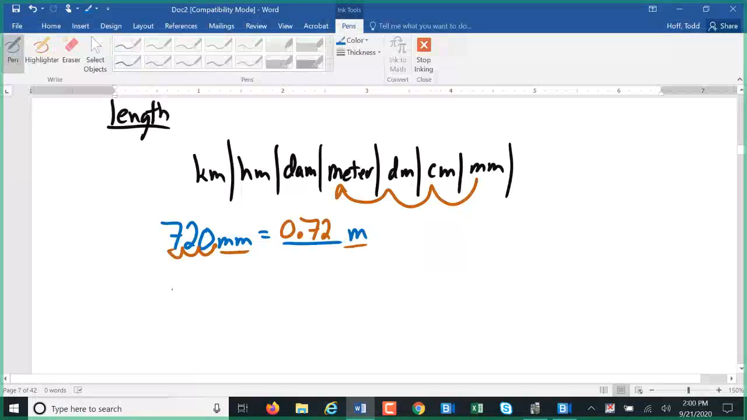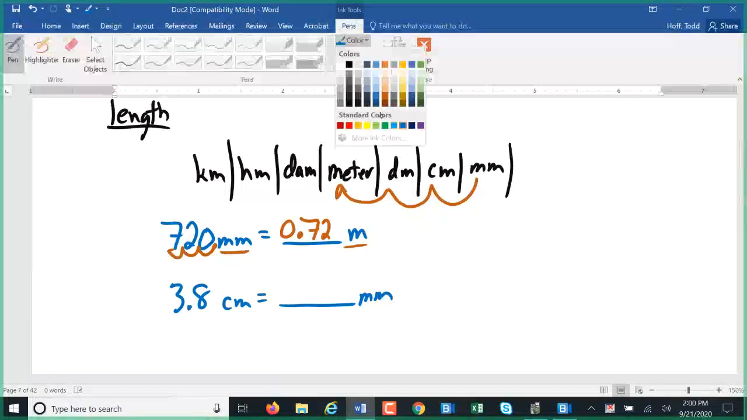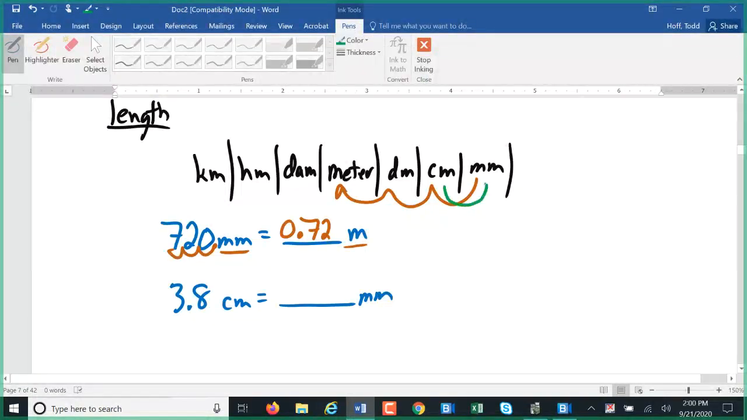If I had 3.8 centimeters, and I want to convert it to millimeters. From centimeters to millimeters is 1 spot to the right on the chart, so my decimal point has to move 1 spot to the right. That's 38 millimeters. The reason we could just move the decimal point is every spot on the chart, when we're